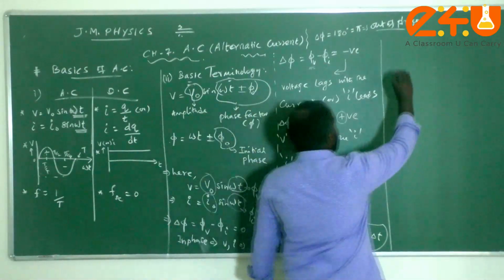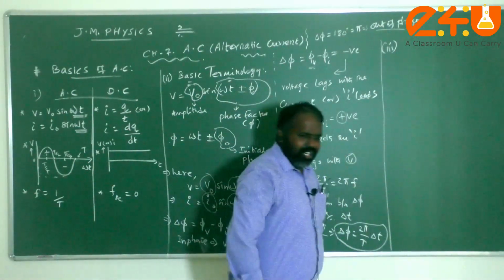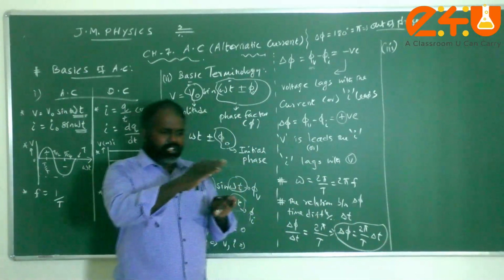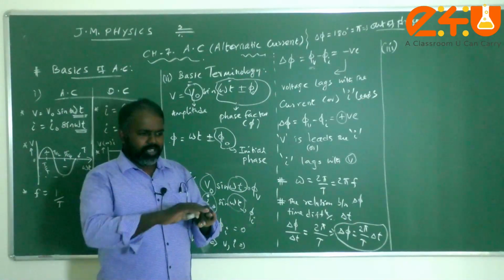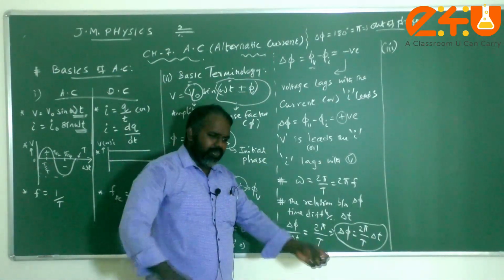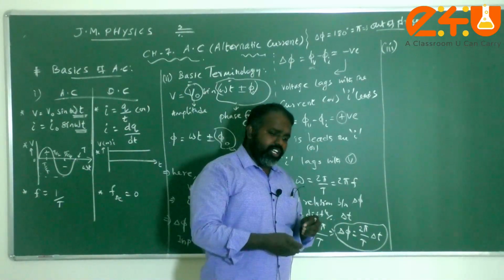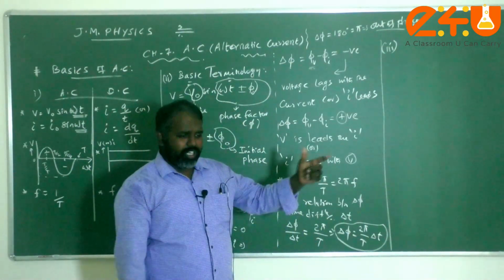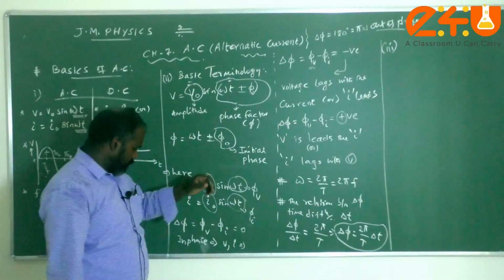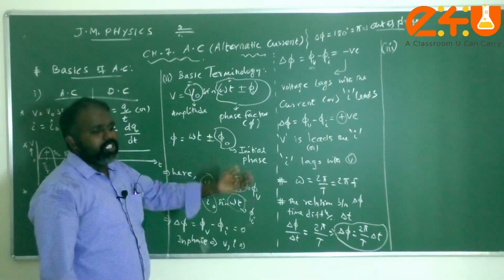The other thing we are going to discuss is the mathematical basics. What is that, children? The mathematical basics. Because here the functions keep on varying with respect to time, either as a sine function or as a cos function. Because of that, if you want to find the average value, generally for discrete values, what is the average? Total value divided by the number of readings, that is called average. But here our physical quantities like voltage and currents keep on varying with respect to time, that is a continuous variation.